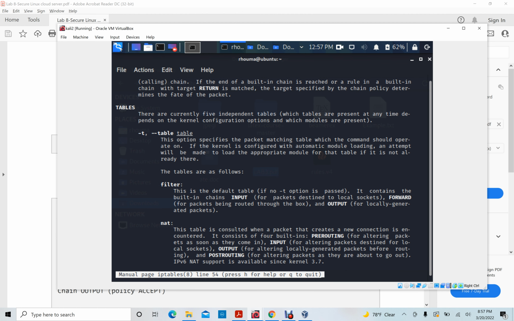Each chain also has its policy setting, which determines how the traffic is handled if it doesn't match any specific rule. By default it's to accept. Meaning the default policy is accept. If there is no rule, we will accept. This is the optimistic